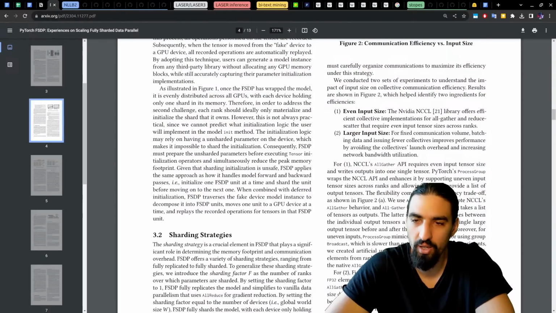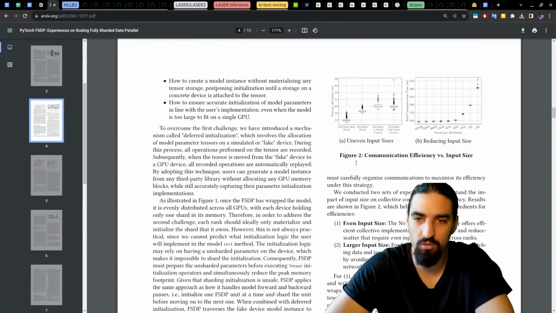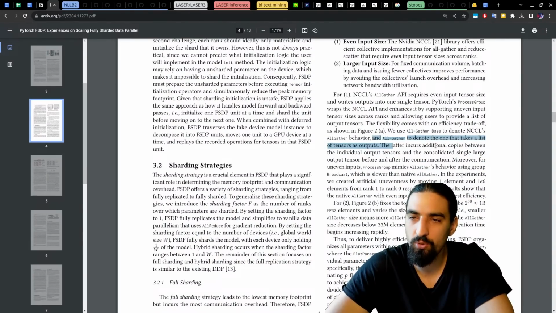We use all-gather base to denote NCCL's all-gather behavior, so that was the fastest one we've seen, and all-gather to denote the one that takes a list of tensors as outputs. The latter incurs additional copies between the individual output tensors and the consolidated single large output tensor before and after the communication.